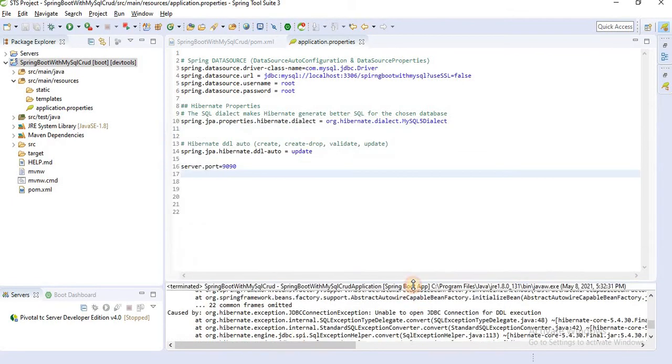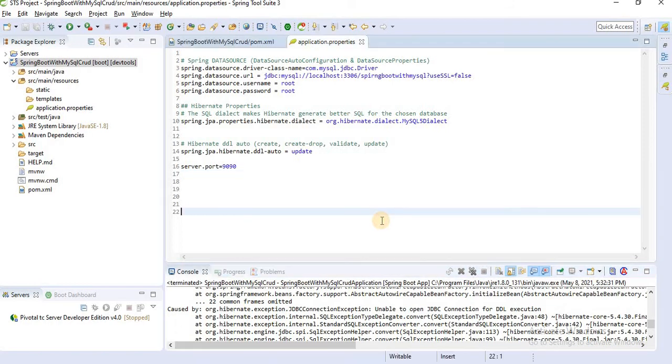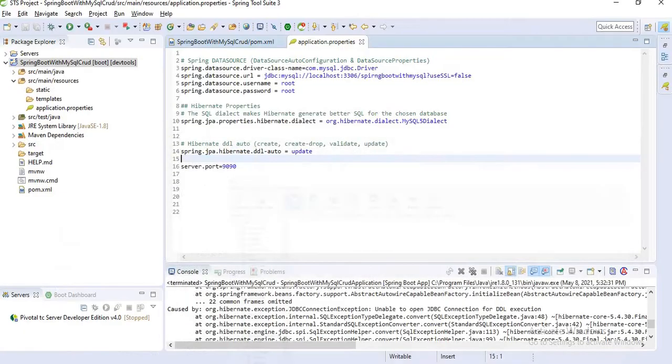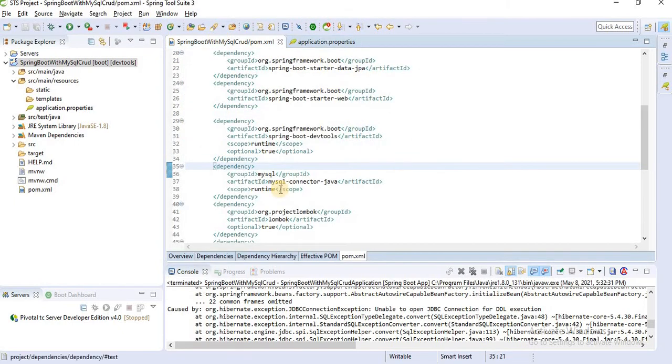Let's see, we are using MySQL 5 installed on my machine, but when adding the dependency here we did not define the version. It's taking the runtime scope, and when we don't define a version anywhere, by default it takes the latest version.